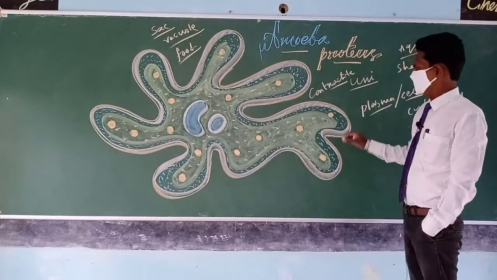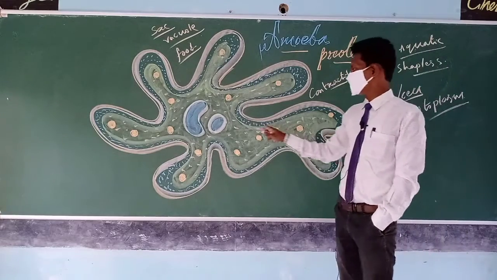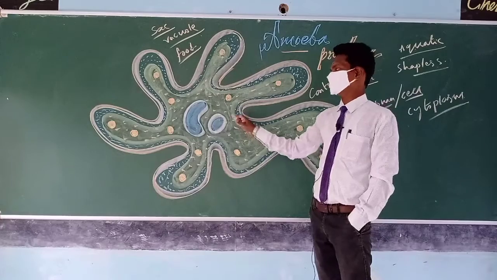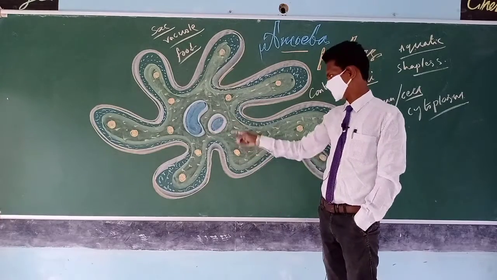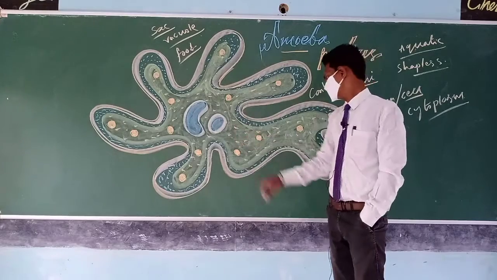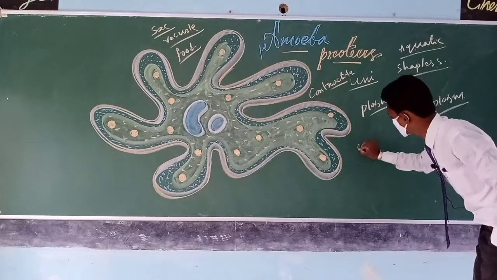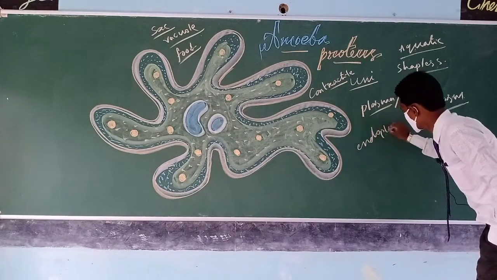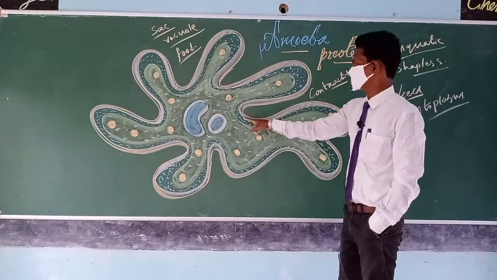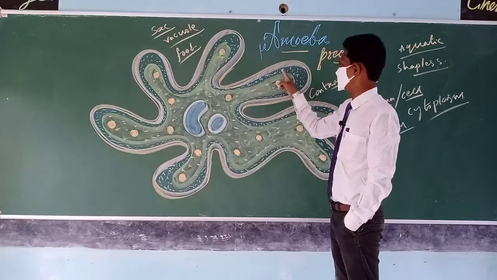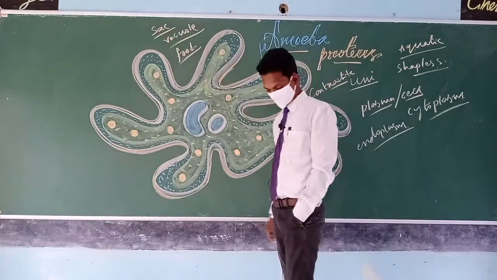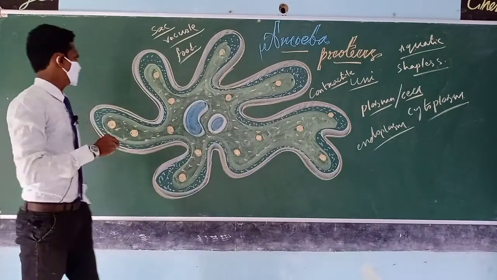And here the dense cytoplasm is subdivided into two parts. The cytoplasm which is towards the nucleus, this green colored surface of the cytoplasm, is known as endoplasm, followed by ectoplasm towards the cell membrane or plasma membrane. These bluish colored dots indicate the ectoplasm, the second type of cytoplasm.